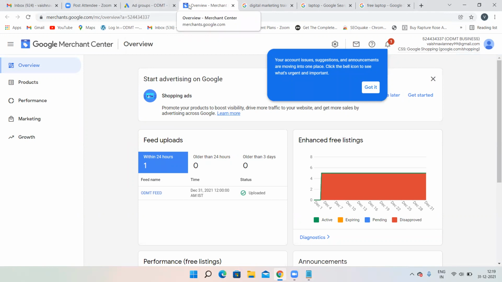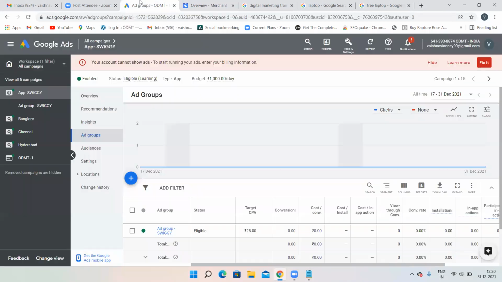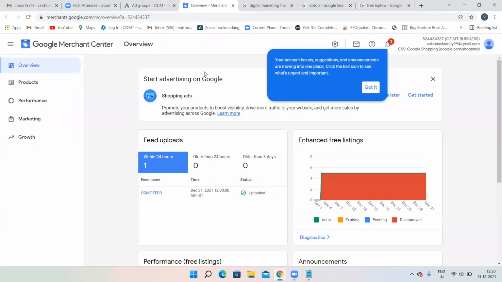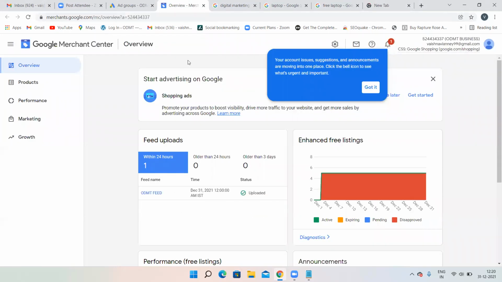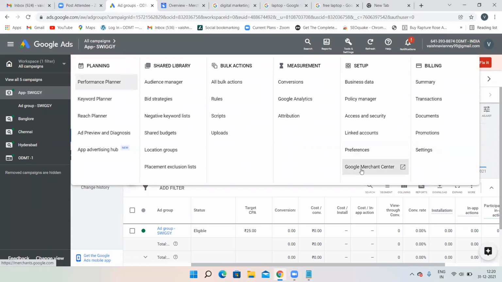So what you have to do is, when you set up your feed, you have to link your Google Merchant Center with your Google Ads account, because here you are creating your campaigns, and there you are generating your feed. So both you have to link. How to link, we'll be learning in the next class. So always remember, this is different, this is different. I directly visited Google Merchant Center from the Google Ads account instead of opening a new tab.